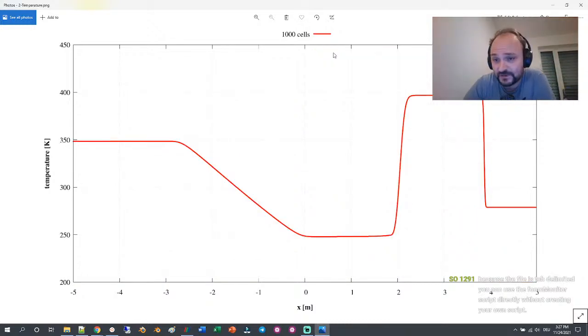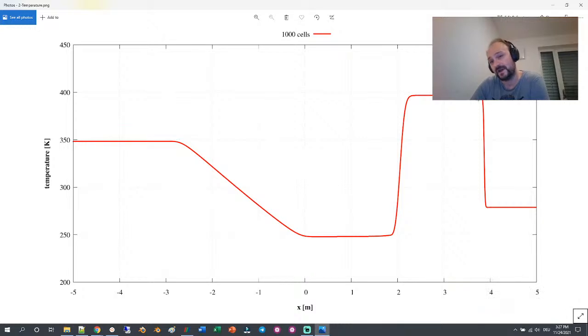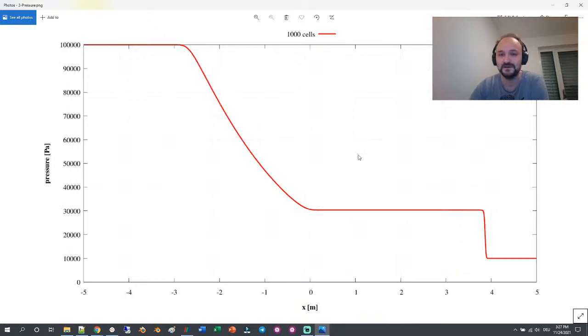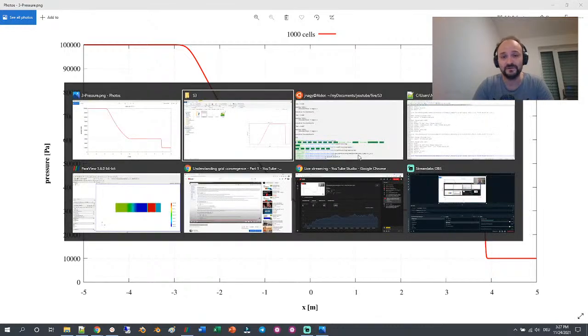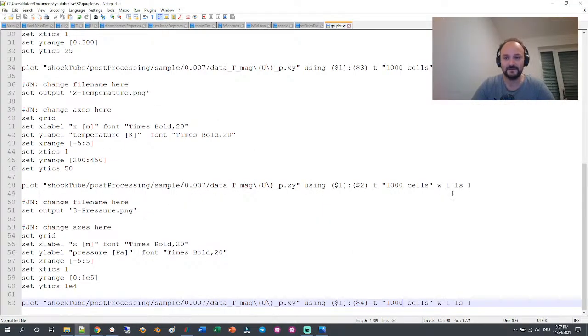Then the temperature: here you have a high temperature region, then a low temperature region, and then it goes back to the original value. The same is true for the pressure. So here you could now add, I don't know, we could add,